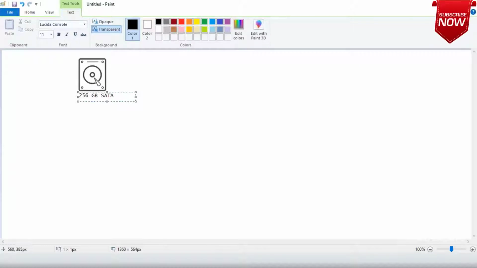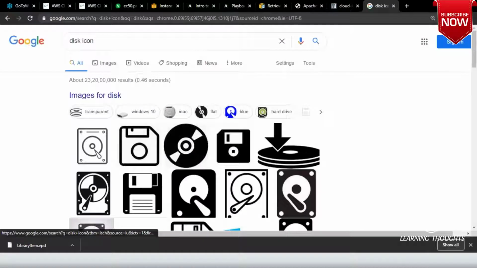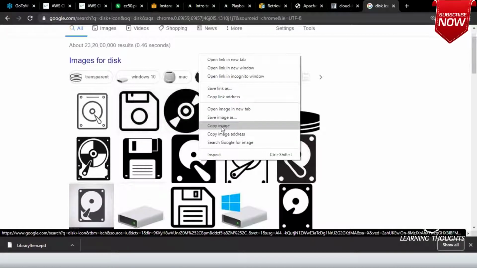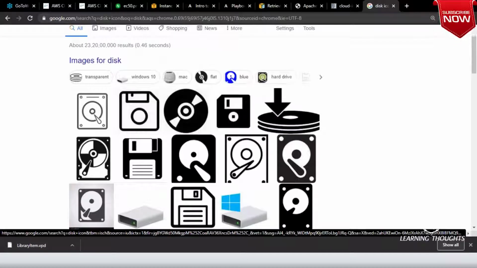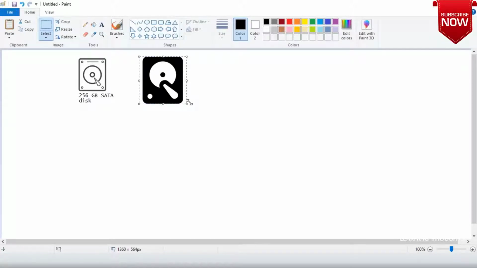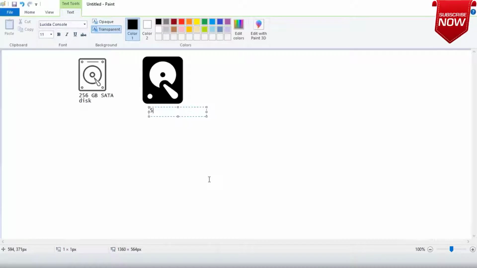Let me use two terms just to tell that there are two different kinds of disks. And let me call this one a 512 GB IDE disk. So you have these two disks.